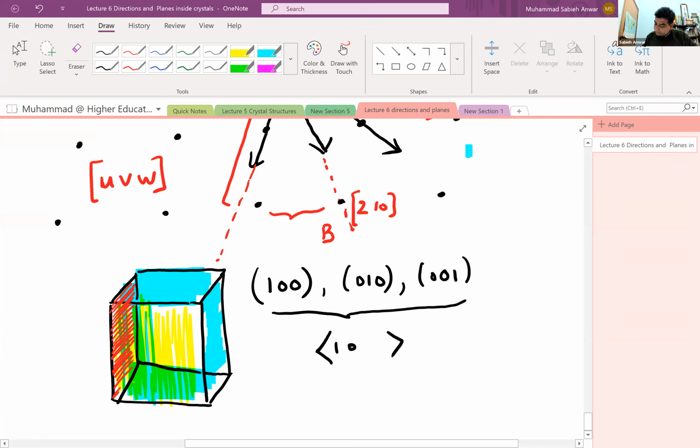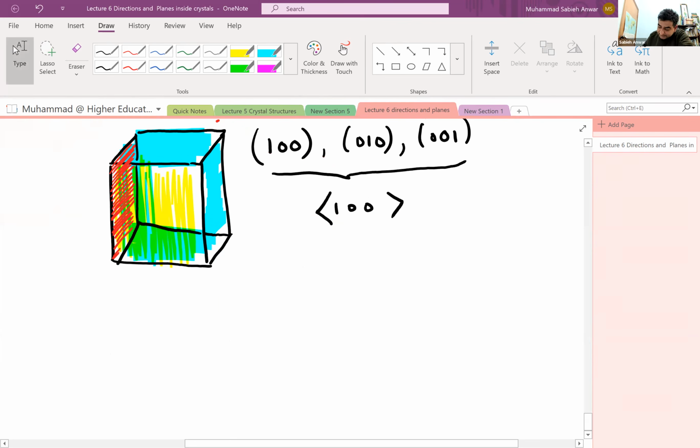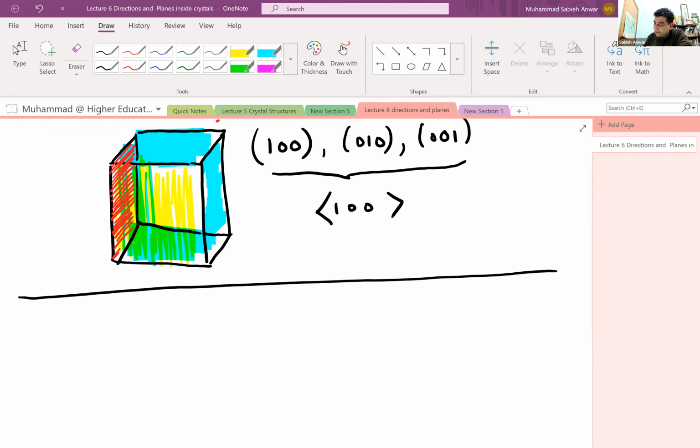<1, 0, 0>. If I put the 1, 0, 0 in these carets, the left caret and the right caret, it really specifies all three of these planes, and all three of them are equivalent in a cubic cell. Now there are some more slight corollaries that I would like you to be aware of,